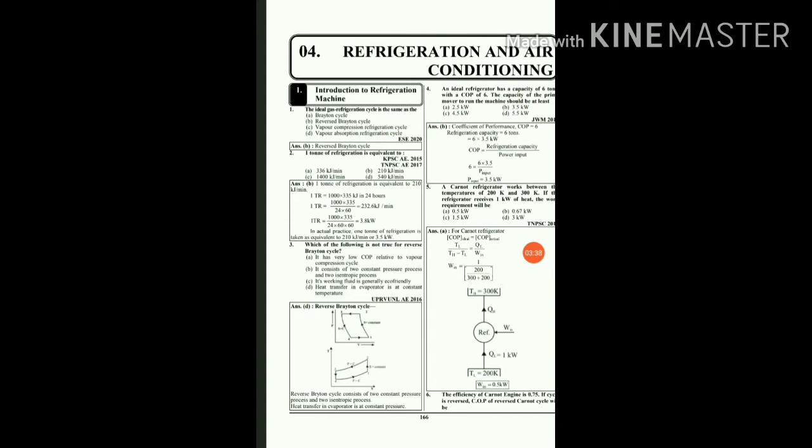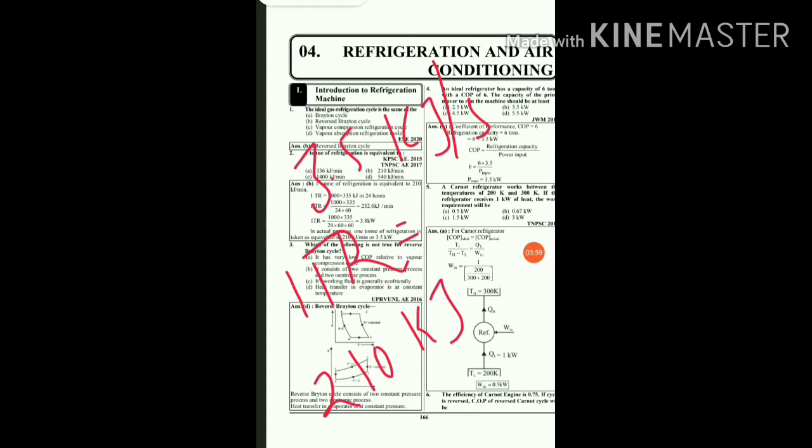Here the final answer comes out to be 3.5 kilojoule per second, or kilowatt, that is 1 ton of refrigeration, and that is also the unit of refrigeration. So 3.5 kilojoule per second,